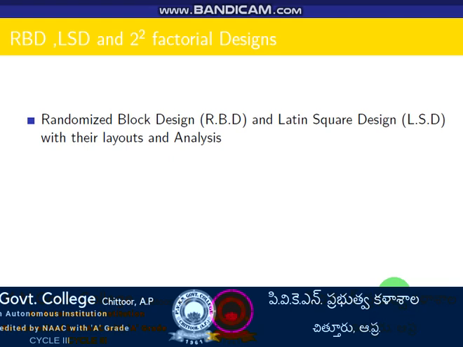Here, this randomized block design is used if homogeneity does not exist in the data, that is, heterogeneity is included in the data. The principles, replication, randomization, and local control, all three principles are used in this design. In Latin square design also, it is a perfect square type, that is 3 by 3 or 4 by 4, 5 by 5 design. Their layouts and statistical analysis of these two designs.